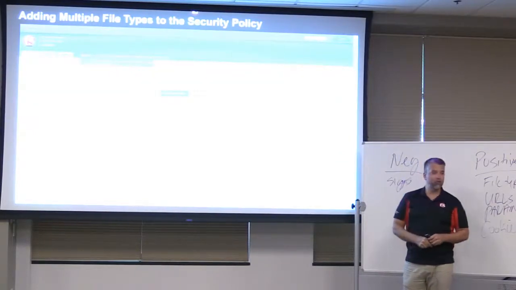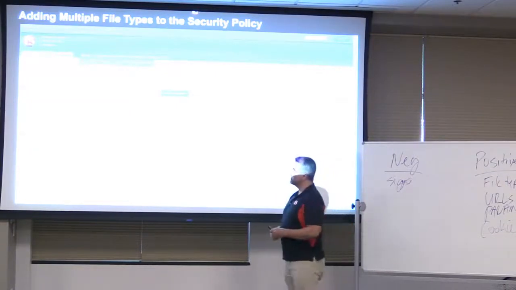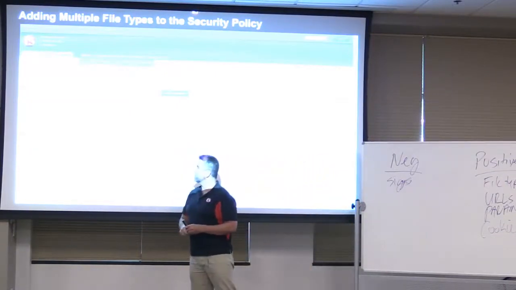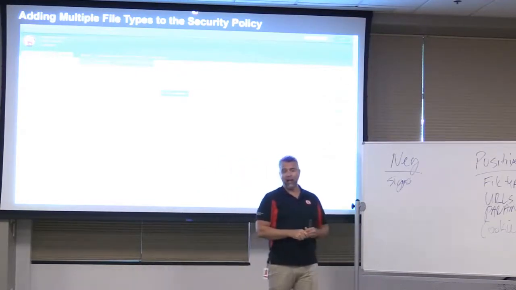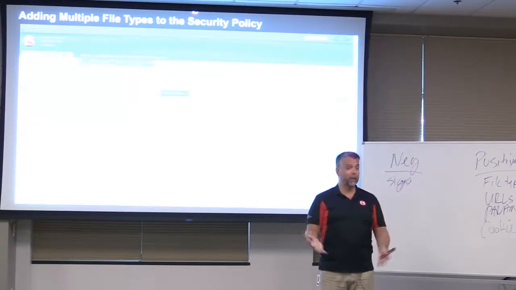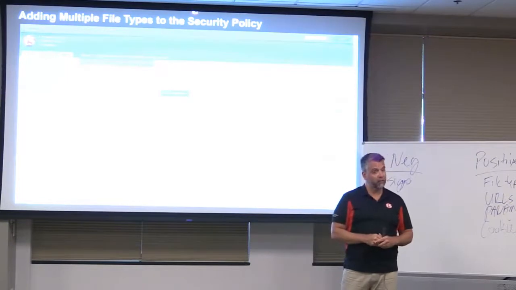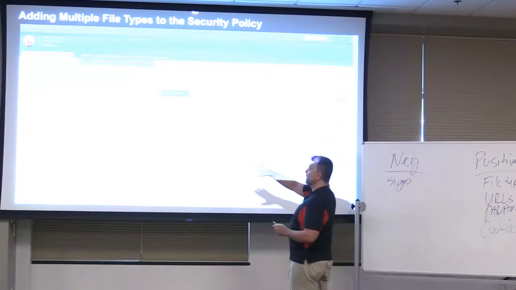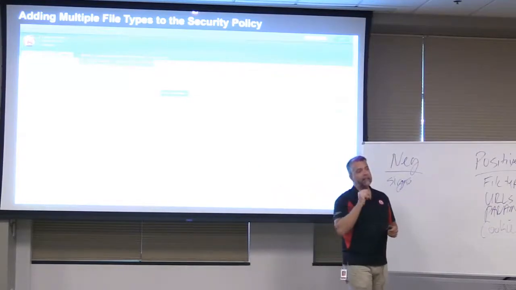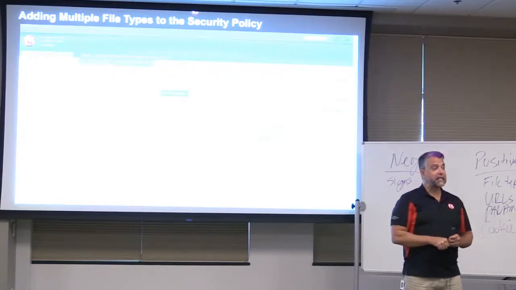Now I've changed my filter, and I'm now looking at illegal file types with a low learning score. So I'm seeing these things for ICO, INI, MD, TXT, INC. These are file types that describe a file inside my web application folder, but they're not file types users should be accessing. So I don't want them to be on my file type whitelist. So I can select all of these, and I can do one of two things. I can either delete all of these suggestions, or I can ignore all of these suggestions, and the result is